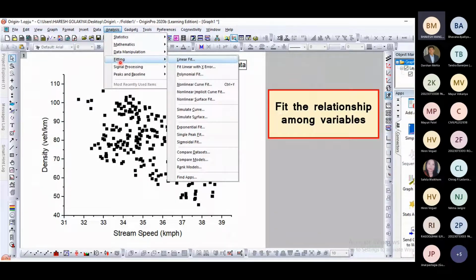From analysis, one has to select fitting, and in fitting, this many options are there: linear fit, fit with X error, polynomial fit, non-linear curve fit, non-linear implicit curve fitting, right? Many options are there. So according to our requirement, sometimes we have to do trial and error. Initially we don't know which fitting will be better. So we can start with linear fit.